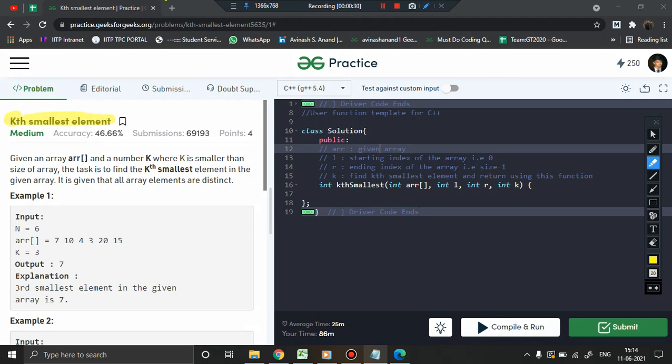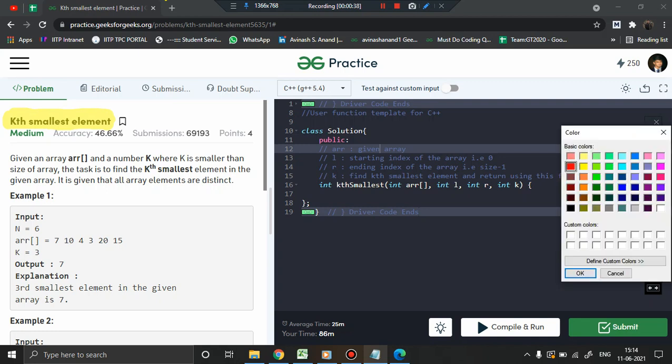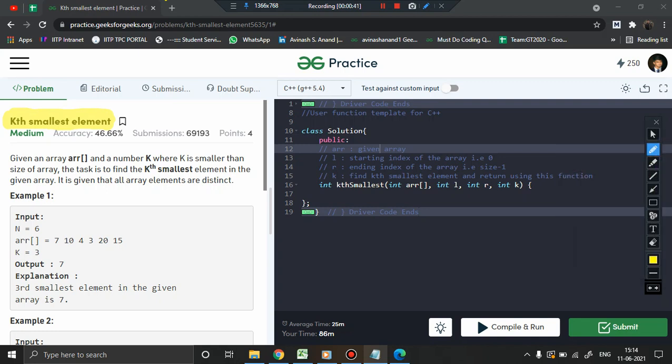That's it, very simple, right? Easy to understand: we need to find the kth smallest element in an array. Suppose our example array has the elements 7, 10, 4, 3, 20, and 15. We now have to find the kth smallest element, and the value of k will be passed by the user. Here k is equal to 3, which means we want to find the third smallest element of this array.